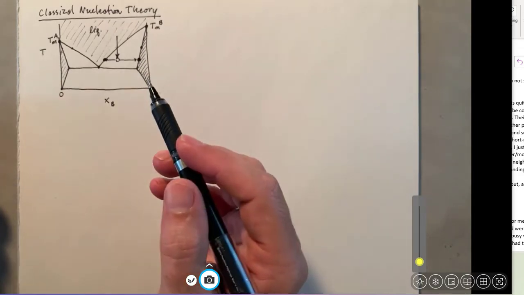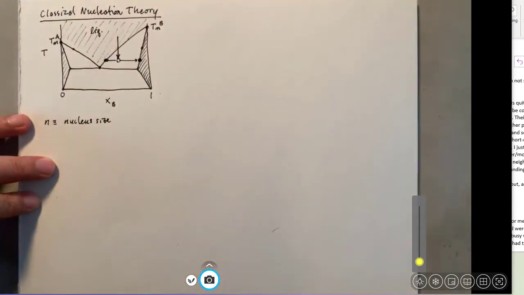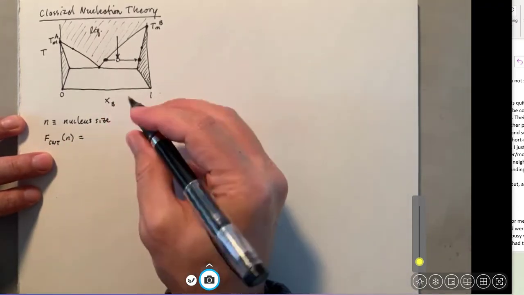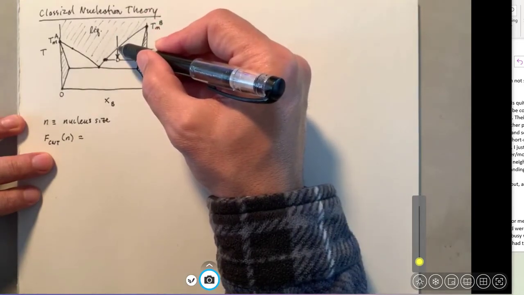We're talking about a solute nucleus here. So basically, in order to count the size of that nucleus, we could just count the number of solute atoms that are involved. Okay, so we're going to use nucleus size as the progress coordinate for the nucleation process. And we're going to borrow from a model proposed by Gibbs to describe the free energy as a function of nucleus size. And I have a chemical potential driving force between the system